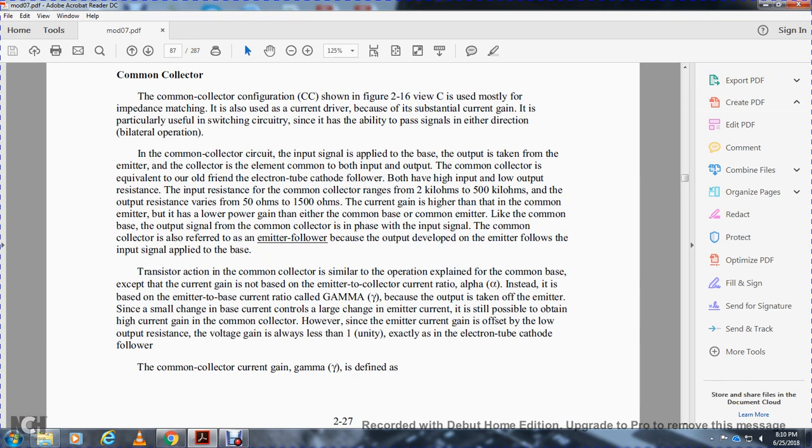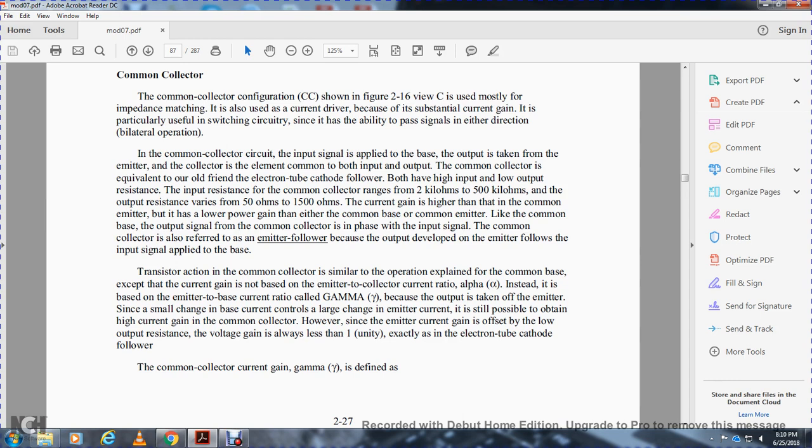Input resistance of the common collector ranges from 2 kiloohms to 500 kiloohms, and the output resistance varies from 50 ohms to 1500 ohms. The current gain is higher than the common emitter, but the voltage gain is lower than either the common base or the common emitter. The common collector is also referred to as an emitter follower, because the output is developed at the emitter, following the input signal